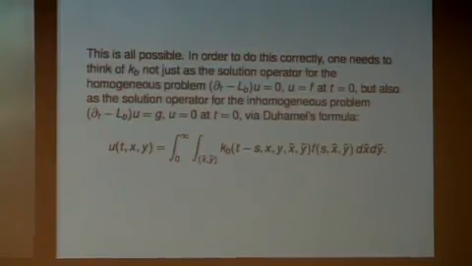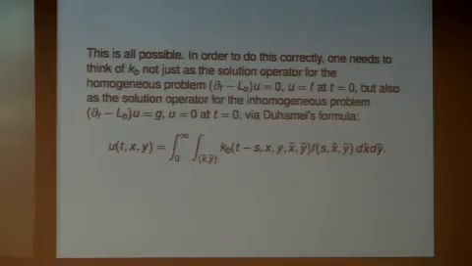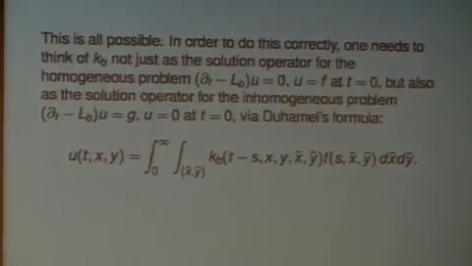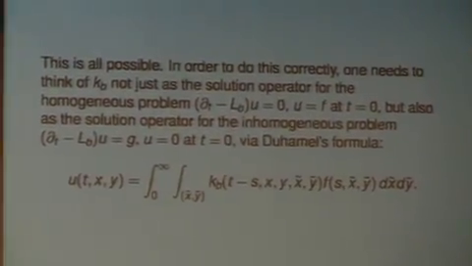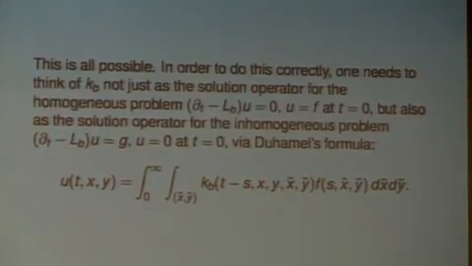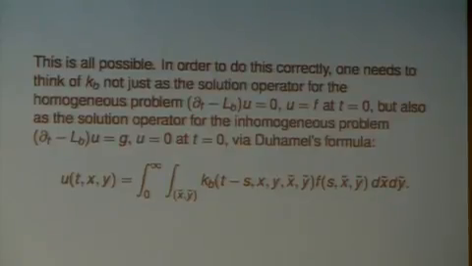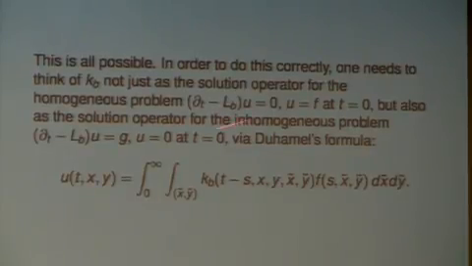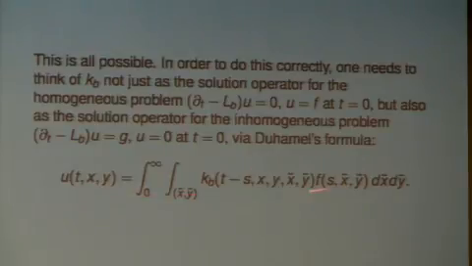One trick to think about, again a standard transition in the business, but I just wanted to remind you of it if you haven't seen this sort of thing before: instead of just looking at the homogeneous problem to do this whole analytic theory, it's more convenient to think of the inhomogeneous problem, where I look at dt minus L of u equals g, where u vanishes at time 0, versus the problem where dt minus L of u is 0 and u is some given function at time 0. Okay? These problems are equivalent. There's this famous old Duhamel formula, which tells you that if you know what the heat kernel is, then you know how to solve this inhomogeneous problem.